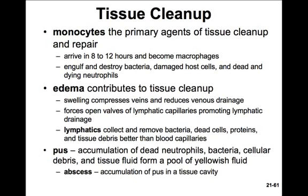So after we've mobilized defenses and contained and destroyed pathogens, it's time to clean up the tissue. The monocytes are the primary agents of tissue cleanup and repair. They'll arrive within about 8 to 12 hours, and then they become macrophages. This is where they engulf and destroy the bacteria, as well as damaged host cells and dead and dying neutrophils. Edema also contributes to tissue cleanup. The swelling compresses the veins and thus reduces venous drainage. This forces open the valves of the lymphatic capillaries and promotes lymphatic drainage. So the lymphatics will then collect and remove the bacteria, the dead cells, the proteins, and tissue debris much more